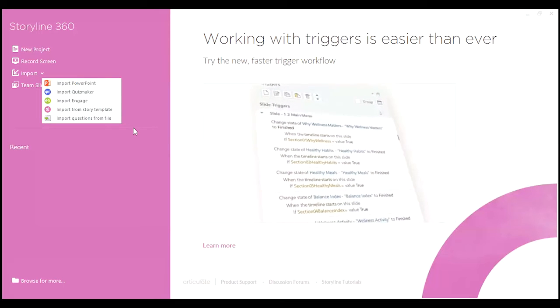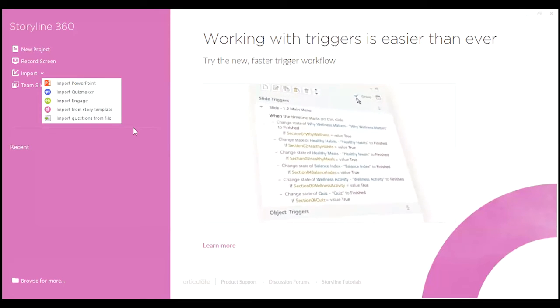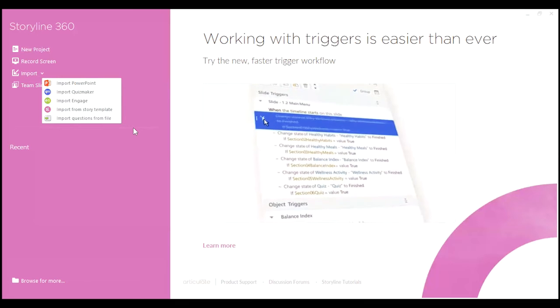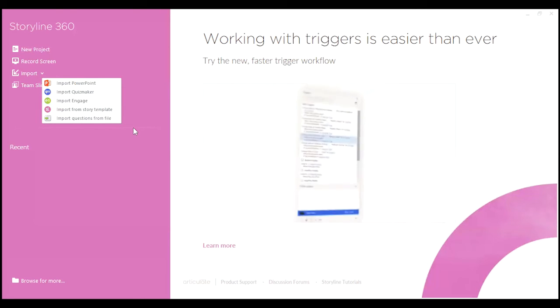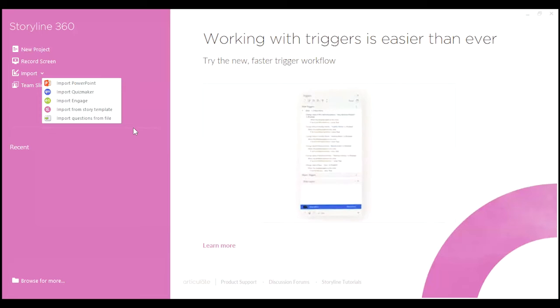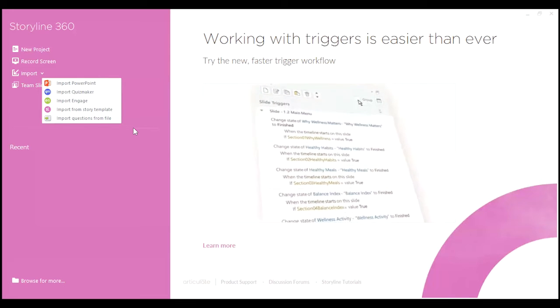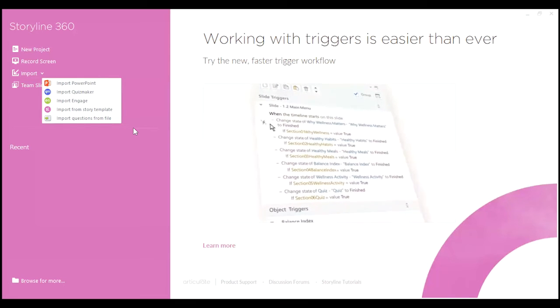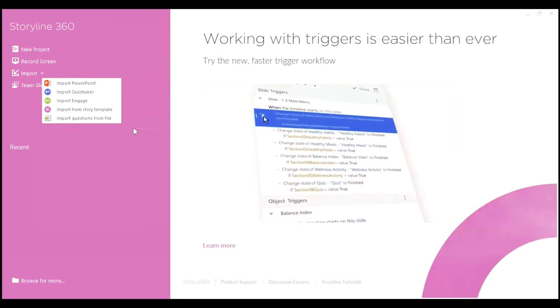The first one is to import a PowerPoint file. If you want to have a PowerPoint as part of your e-learning piece, you can include that and then you can edit it or keep it as it is. It's basically at your own discretion on how you want to move forward in the process.